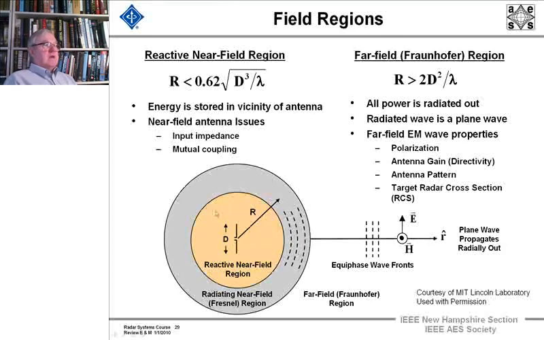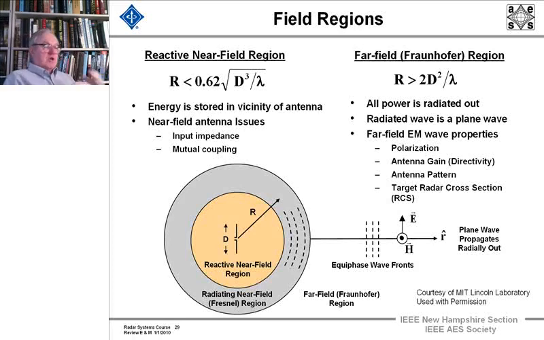It's relatively straightforward to calculate this. It's the energy stored in the vicinity of the antenna, and it's used to calculate input impedance and mutual coupling between elements of an array of antennas that are